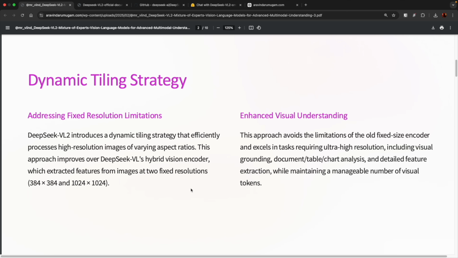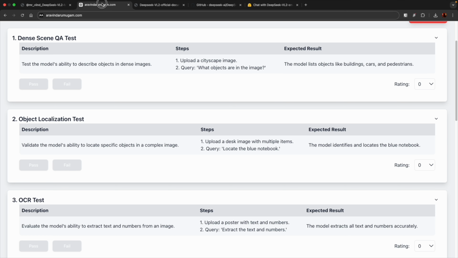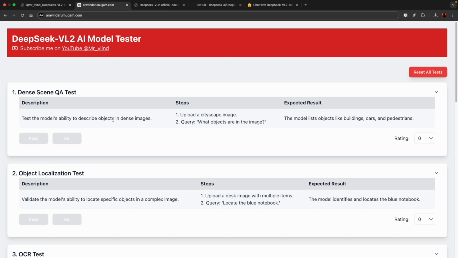So for this, I have written a test case and we are going to test and rate this model. The test case is to test the model's ability to describe objects in dense images. The test steps are: upload a cityscape image and ask what objects are in the image. So let's copy the question. This test script is prepared by me and I created a UI to demonstrate the testing process for this video. This whole thing is a small web app. Just for this video I made this one, which will have a few test cases with pass or fail, and I'm going to pass or fail and rate the response, and finally we'll look into what is the performance of